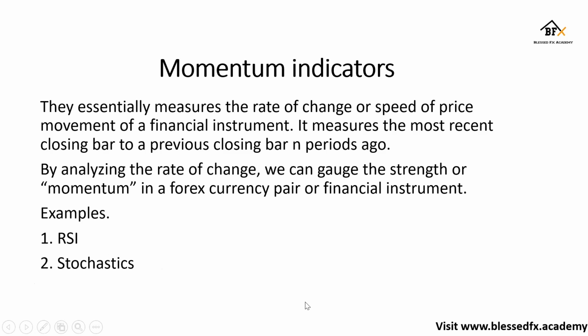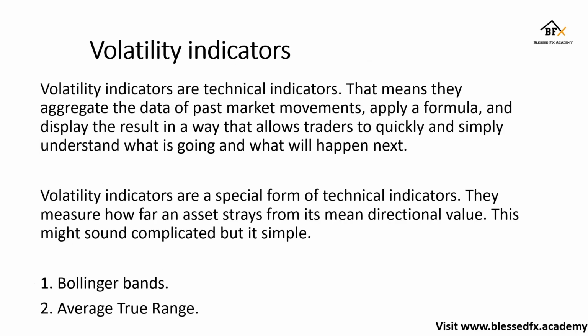Then let's move on to the next category, the volatility indicators. They are technical indicators. Obviously, indicators fall under technical analysis, so they simply let you know where the market is going next, what is going to happen. They do not work so well, though. These indicators are not 100%, which is why I said it's best to mix them with other strategies, which I will still cover. They are not the best, but it is good to start with them.